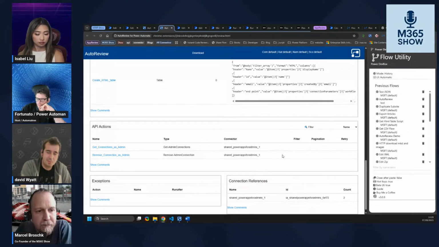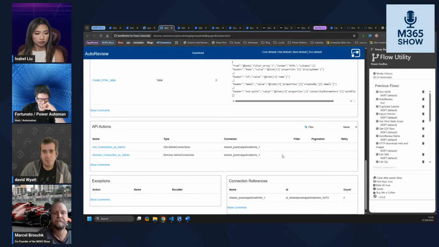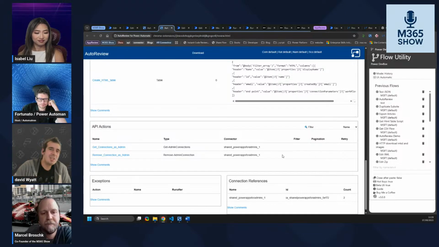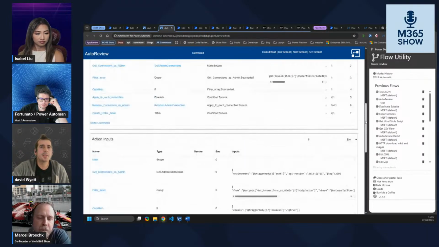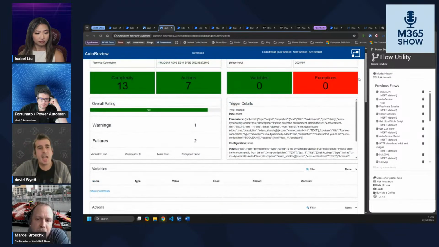Because you know what will happen. In dev, you do less than 100 test runs. It's working brilliant. You go into production and suddenly there's a bug because it's only returning the first 100 items. So it allows me to quickly look there. And again, you can see here, I've got my exception handling, it's missing. Have I got duplicate connection references? Well, no there. So you can see, really quickly, we can work through and scan what's happening inside our solution.